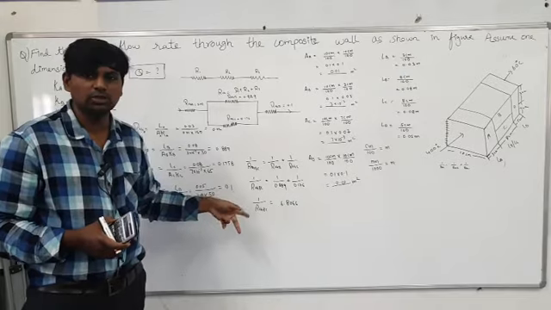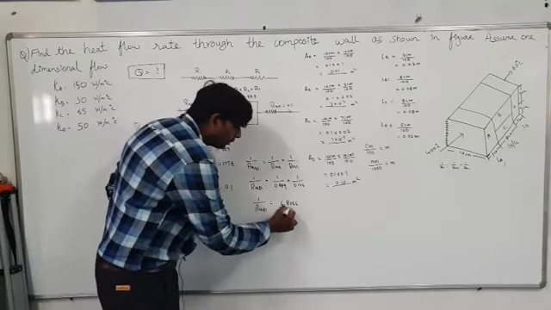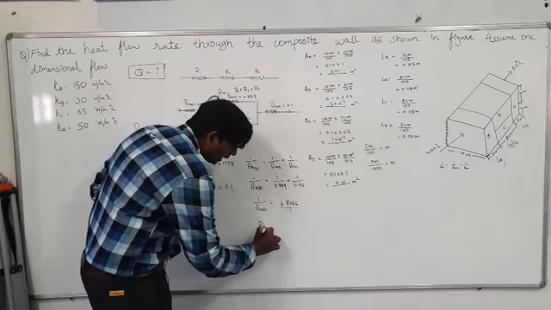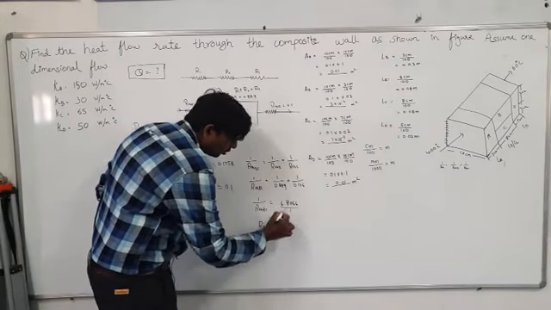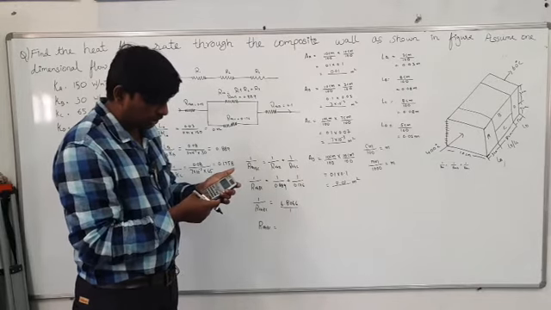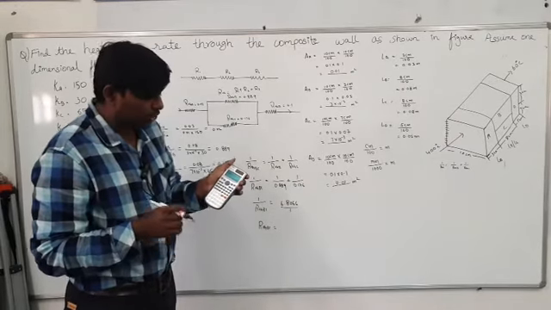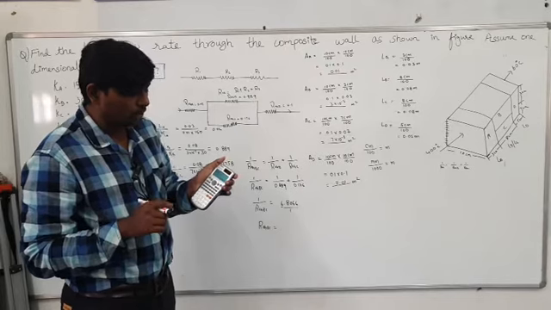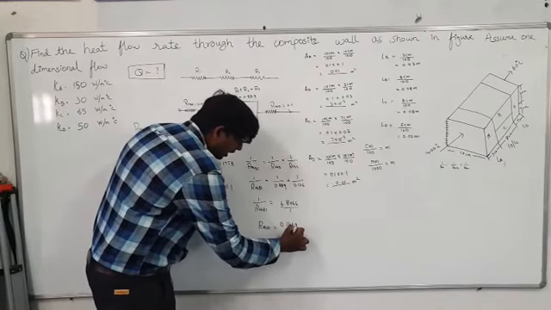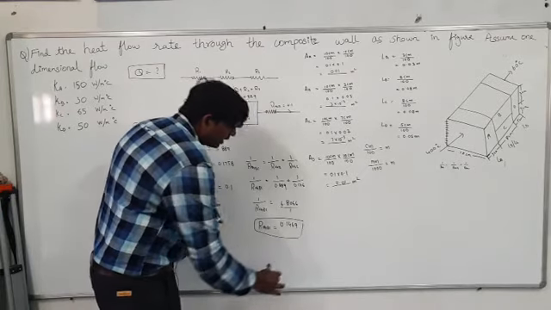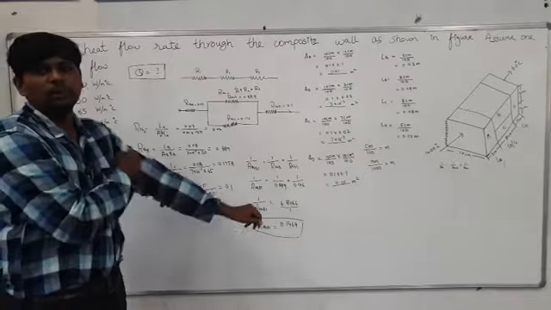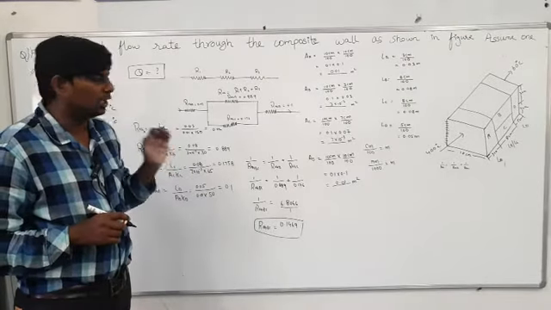But you want it only in decimal, so you have to convert this one. For converting this one, what do you have to do? You have to take the reciprocal. Reciprocal means RTHBC is equal to 1 divided by the answer. So how much are you getting? 0.1469. This is the value of RTHBC.